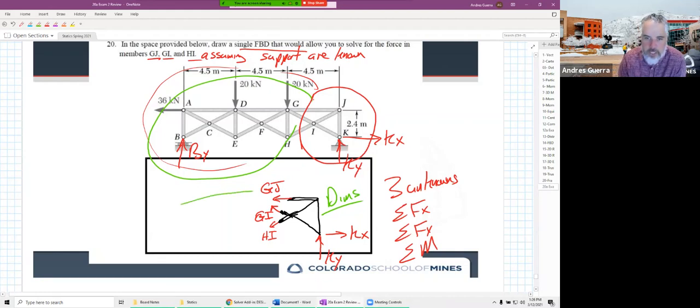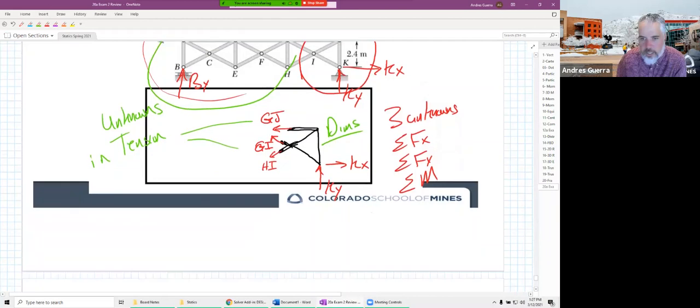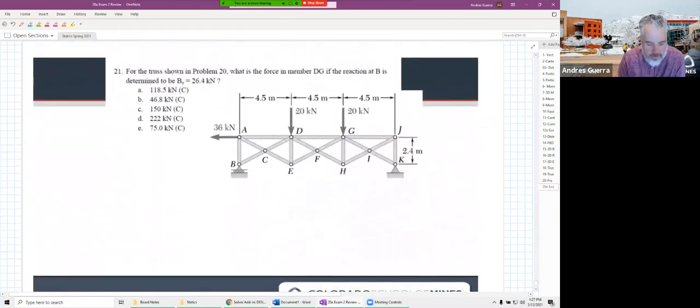A couple other things to note is, remember, everything that's unknown is drawn in tension. So unknowns are always going to be drawn in tension. That way, if we get a positive number, we know it's tensile. If we get a negative number, we know it's compressive. Okay, and then